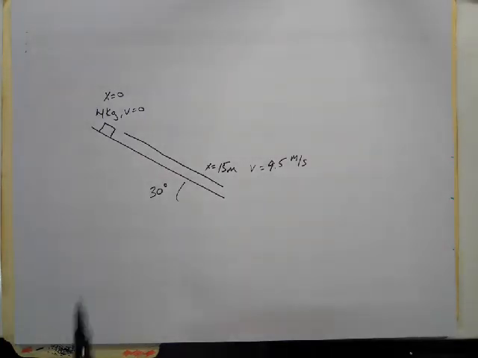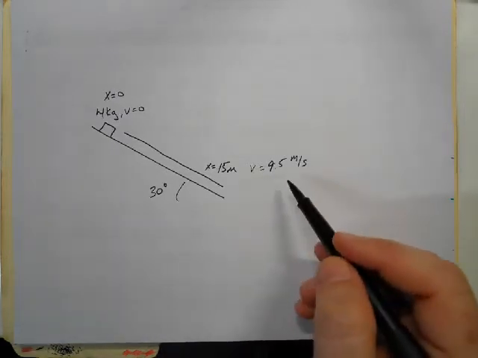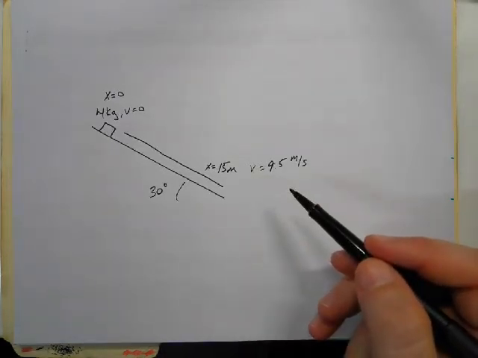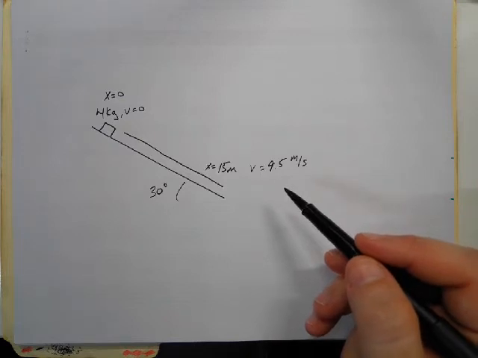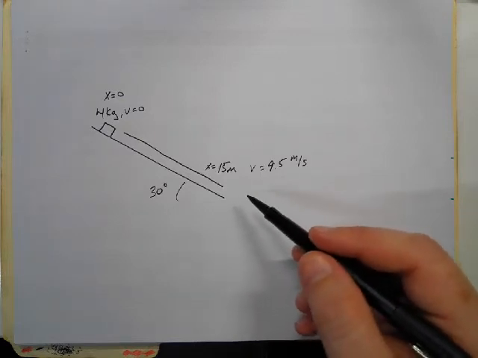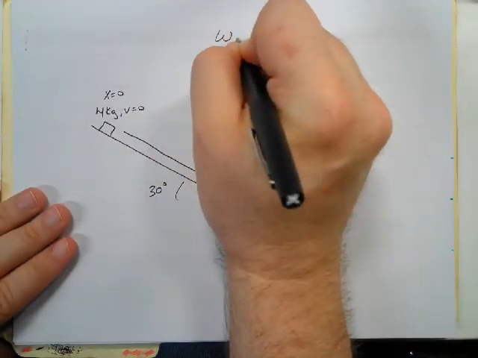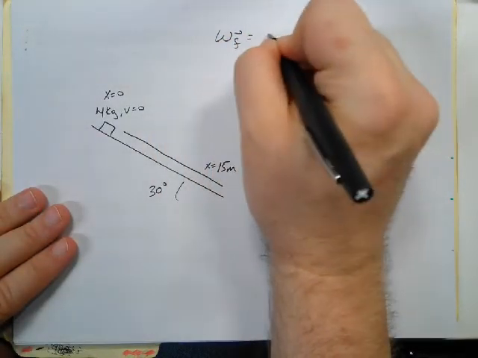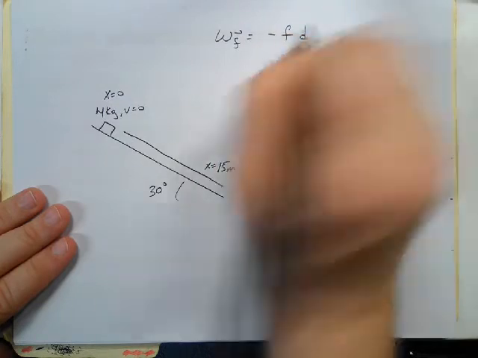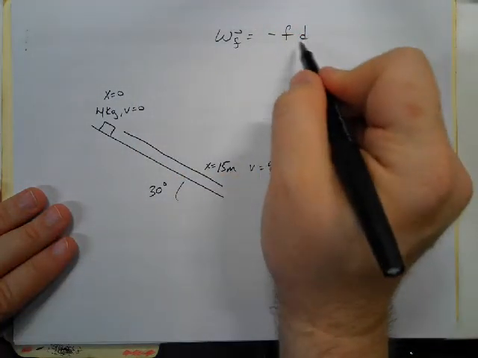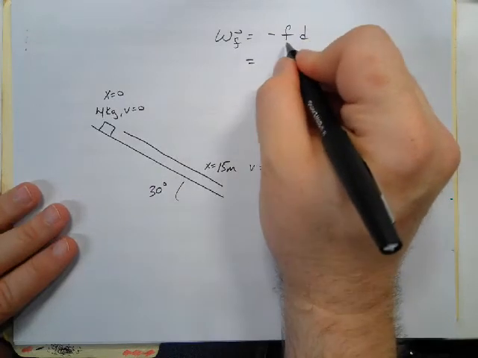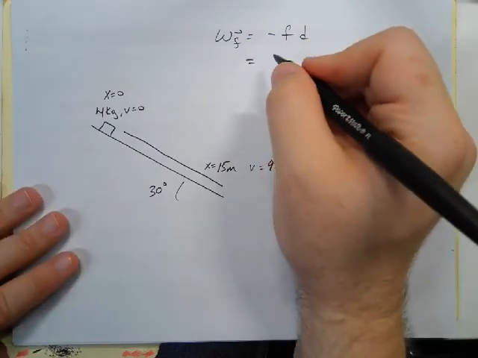We have a crate. It's 4 kilograms, and it's going to slide down a ramp. Right? You're loading it out of a truck, let's say. And at the bottom of the ramp, we have a speed. We'd like to know, what does friction do? This is not that hard. We can predict it with our idea of the work that friction does, which is minus the frictional force times the displacement, or times the distance. And we need to know what the friction force is.